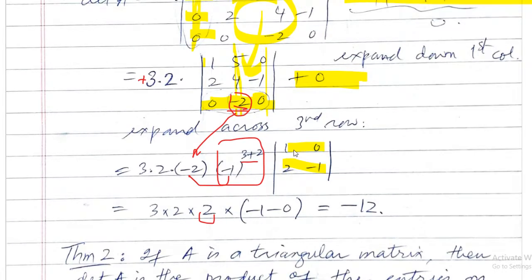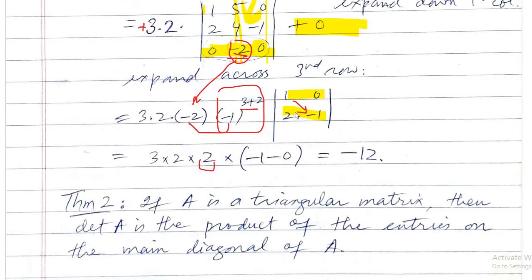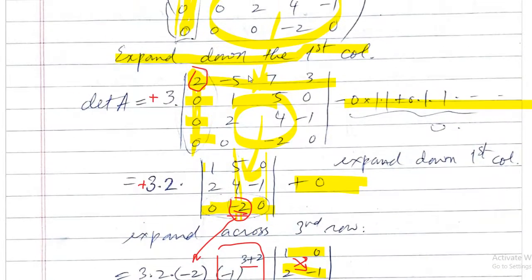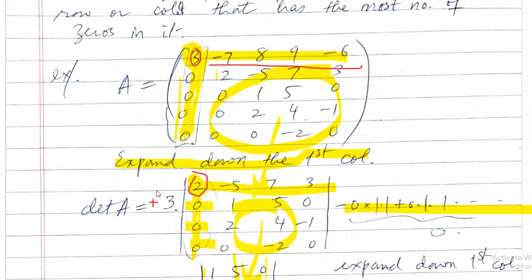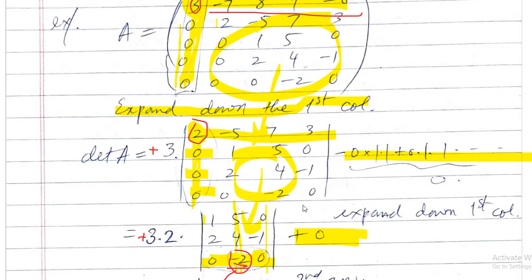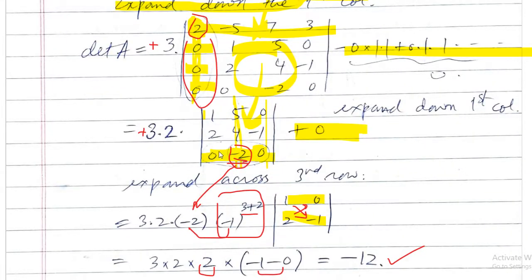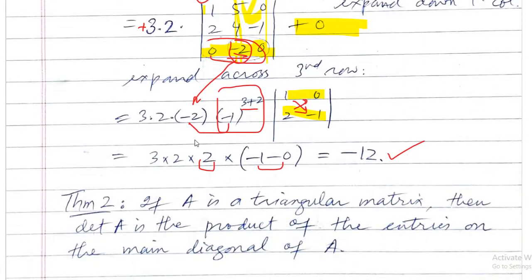Now what is the determinant of this 2 by 2? It is just 1 into minus 1, cross multiplication, and 2 into 0. So I got minus 1 here. So see, I got the determinant. So choosing the appropriate row and column can help us greatly. If you choose the first row here, you need to write 5 determinants like this: 3 into 4 by 4, minus 7 into 4 by 4, minus 8 into 4 by 4, 9 into 4 by 4. So you will write 5 4 by 4 determinants, which is a huge task, right? So instead of doing that, I choose the first column, again the first column, and then the third row. Saves me a lot of time.